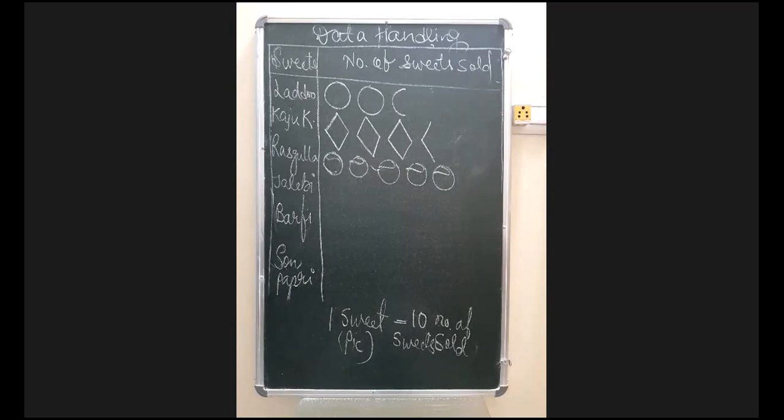If you want to draw it this way only, you can simply write R inside the circle, then it will be different. On Rasgulla you can write R, on Laddu you can write L. That can also be better. Ayushi, I'll reply to your answer in the last. Now moving on to jalebi. I think jalebi was worth 30 or 20.